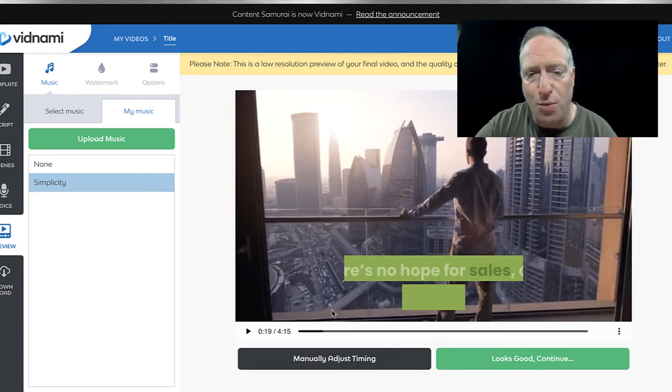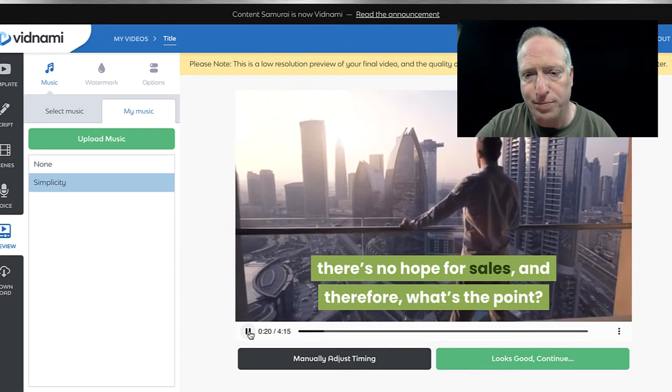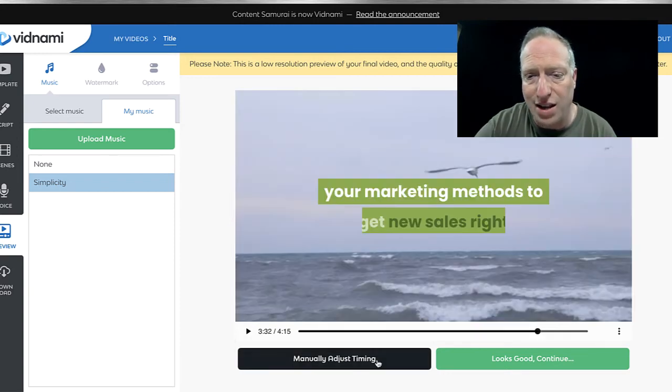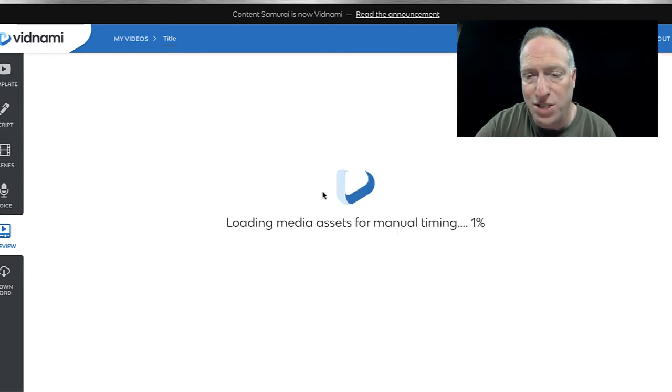Often the things that I want to adjust, I'll show you an example here, is the highlighted word for a particular scene here. I want to change it because the emphasis that I want to make in that particular scene is a different set of words. So that's often what I'll go back and find that I'm changing. But otherwise, I get to the end of it, I can manually adjust the timing from scene to scene.